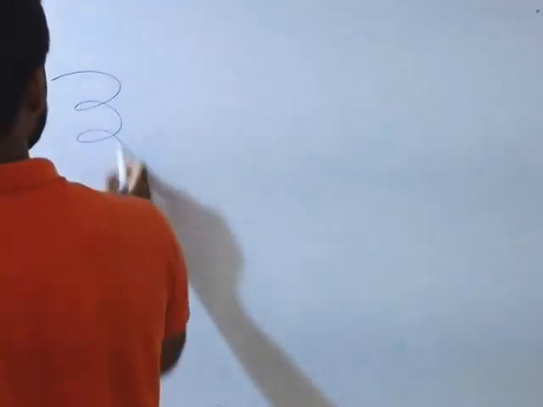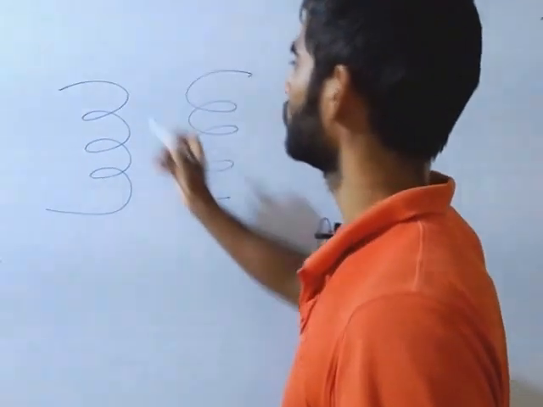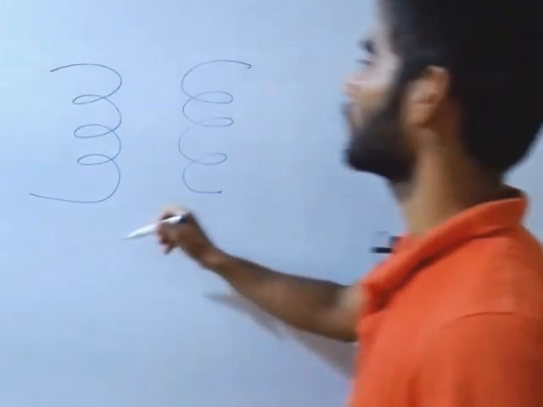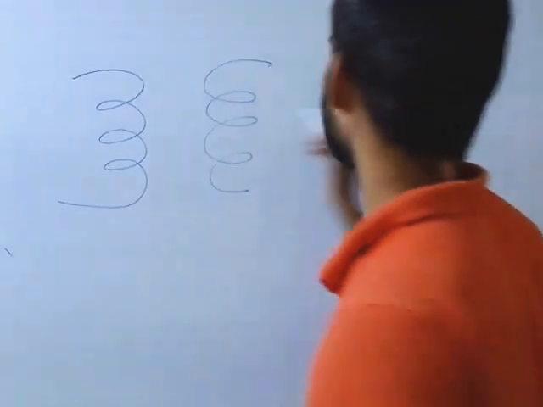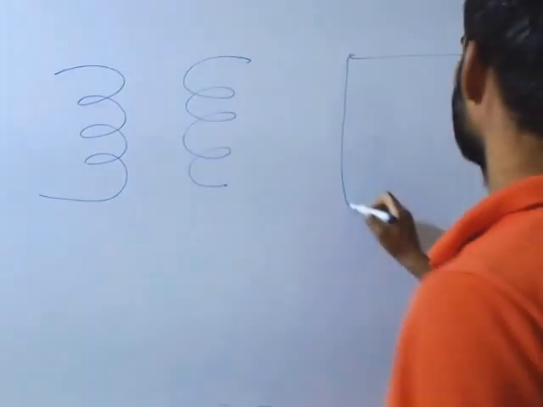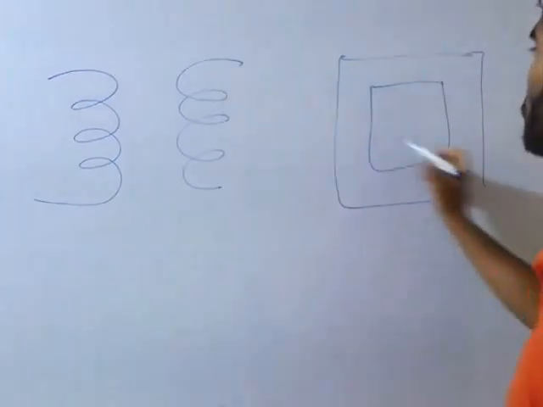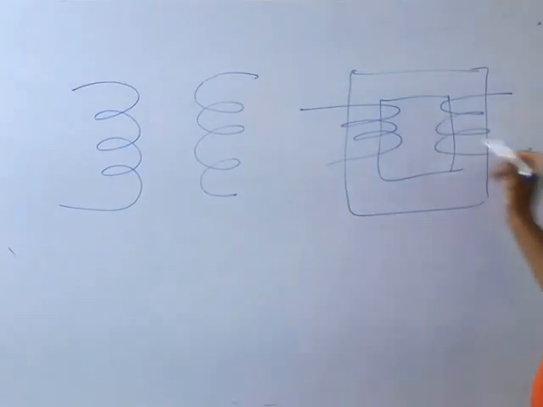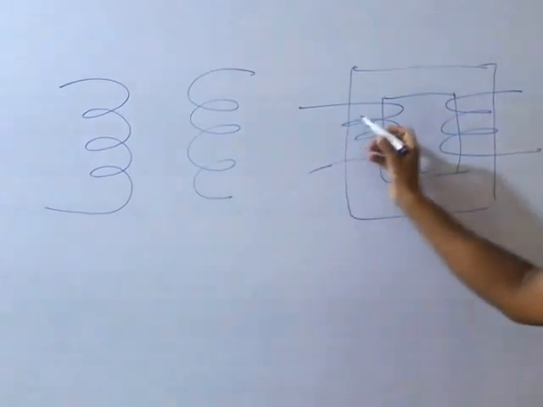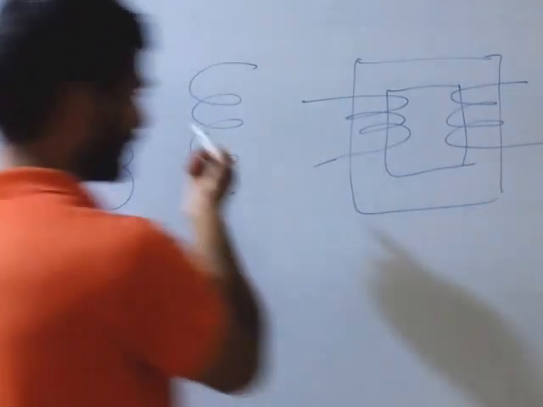Let us take two windings, means two solenoids. I am not using any core. It means it is an air core. Air is present. And in another transformer action I am performing by using a core. Here is the primary winding and here is the secondary winding, means two solenoids, primary and secondary. First I will discuss this case.